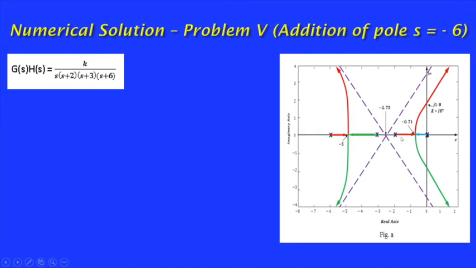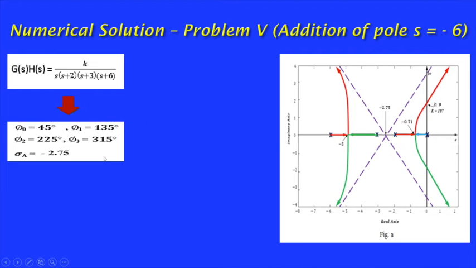So the root locus lies between these two poles, and there is no root locus in another section of the real axis. Then these two root locus branches move and meet at a point. Similarly, from this pole, two root locus branches meet at a point. Then find the angle of asymptotes. Here the number of poles is 4, that means P minus Z equal to 4. So the number of asymptotes is 4, and calculate the 4 angles of asymptotes.